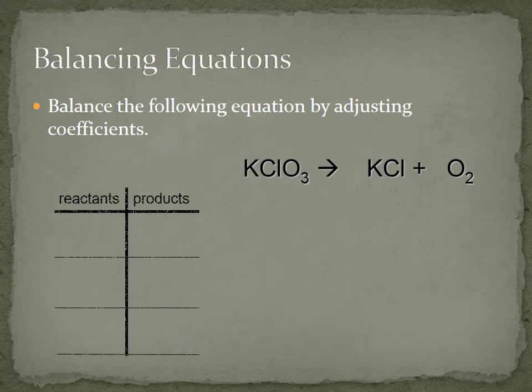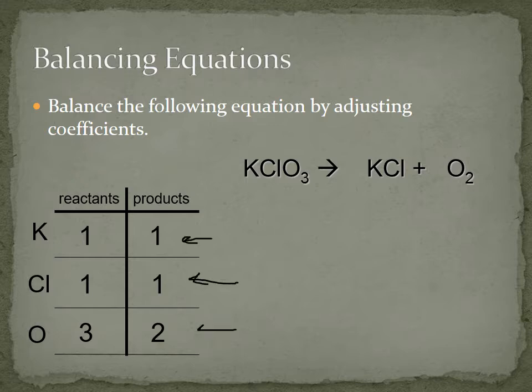So here's another one. Again, we've got a few reactants. We've got potassium, chlorine, and oxygen. So there's all our numbers. Again, when you go to balance something, just find one atom that isn't balanced. Our potassiums and our chlorines actually start as balanced, and our oxygens are not. If you've got an even number like 2 and an odd number, it's almost like treating it like a fraction. So 2 times 3 would be 6. So what we want to do is get 6 oxygens on either side. And so if we put a 3 here, that gives us 6 oxygens,